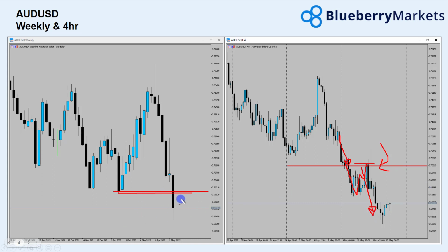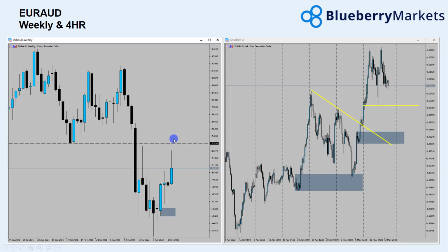So trading below it now. The only thing I'd look for next week is one or two things to happen. We're either going to come back up, retest, reject again, drive a little bit lower, or we're going to rally up and close back within. If we rally up and close back within, potential reversal on the cards here. Strength meter still suggesting Aussie down, so you want to be looking at Aussie weakness still,